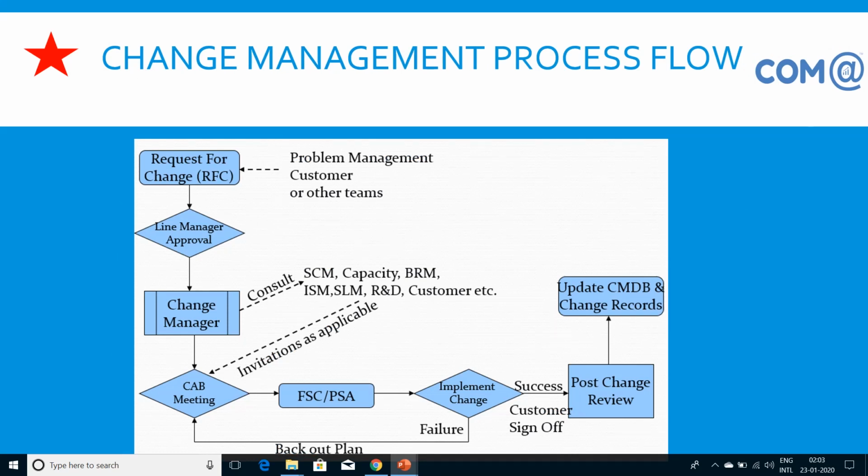This is a workflow for implementing the change management process. Once you create an RFC, it goes for application manager approval, and then it goes to the change manager. The change manager will discuss with CAB team members and get the approval in the CAB meeting, and we publish the calendar and implement the change. If there is a failure, we have to back out, process from the beginning, get the approval again and implement it. If there is a success, we go for the post implementation report, and then we update the CMDB,